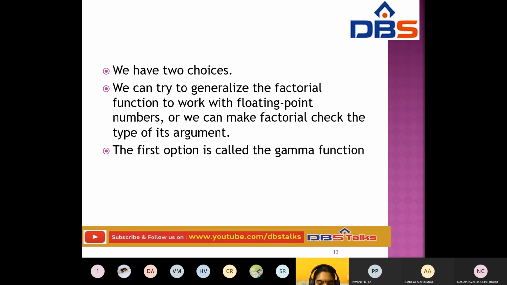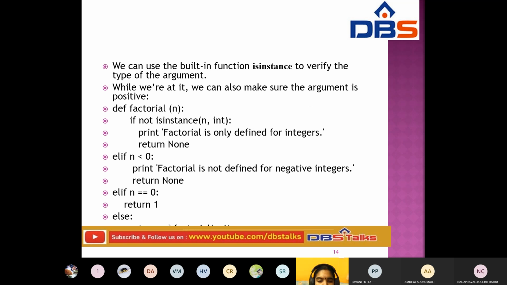Or we can make factorial check the type of its argument. This first option is called the gamma function. Next, we can use the built-in function.